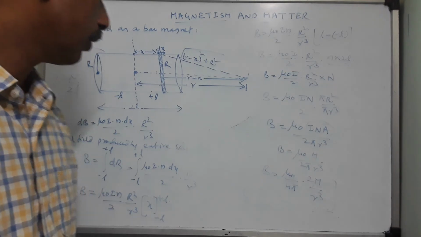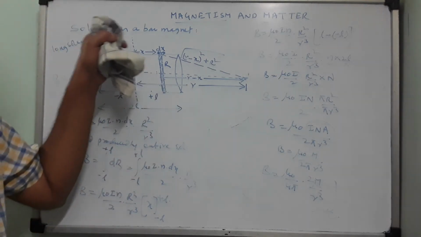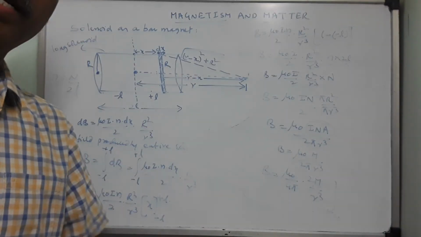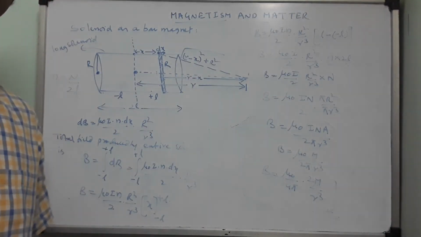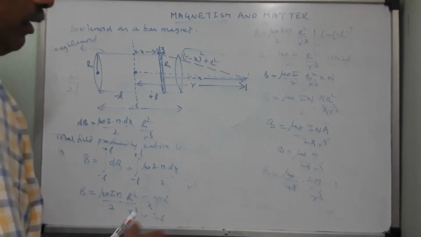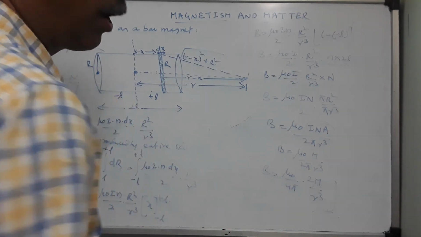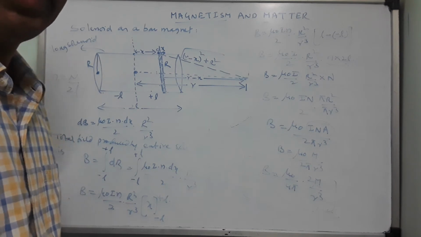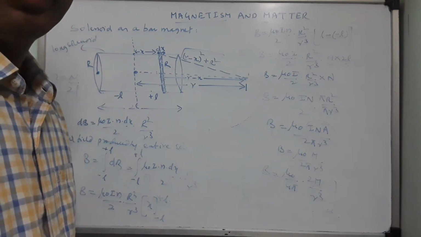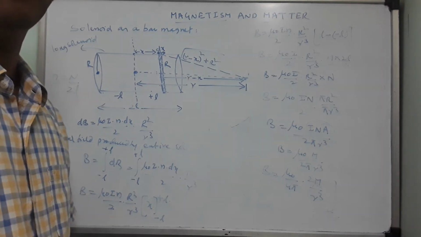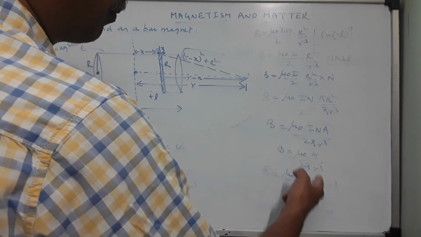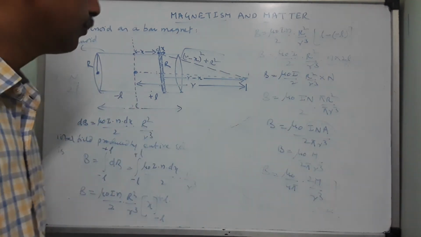Okay. So therefore a current carrying solenoid now will behave like a bar magnet, or a current carrying solenoid equivalently can be treated as a bar magnet. So now what do you write here? This is the field produced by a bar magnet. Therefore a current carrying solenoid is treated as an equivalent of a bar magnet. So the dipole moment, how much? M equals to I N A.